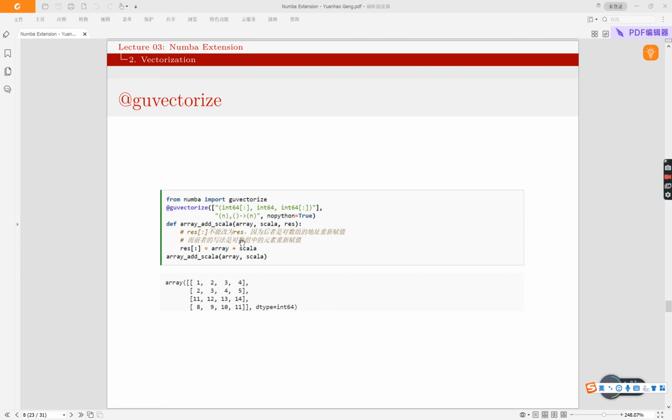And we mentioned that there is some difference compared to the vectorized decorator. There is the third keyword, that is our result, and we need to write our computational result into the last parameter. And if it is an array, we have to use the slice instead of assigning the result to the last